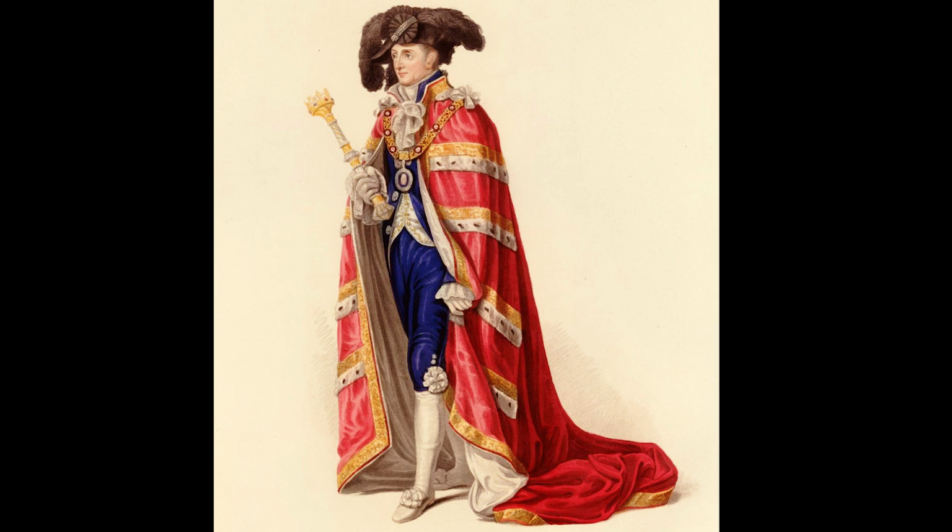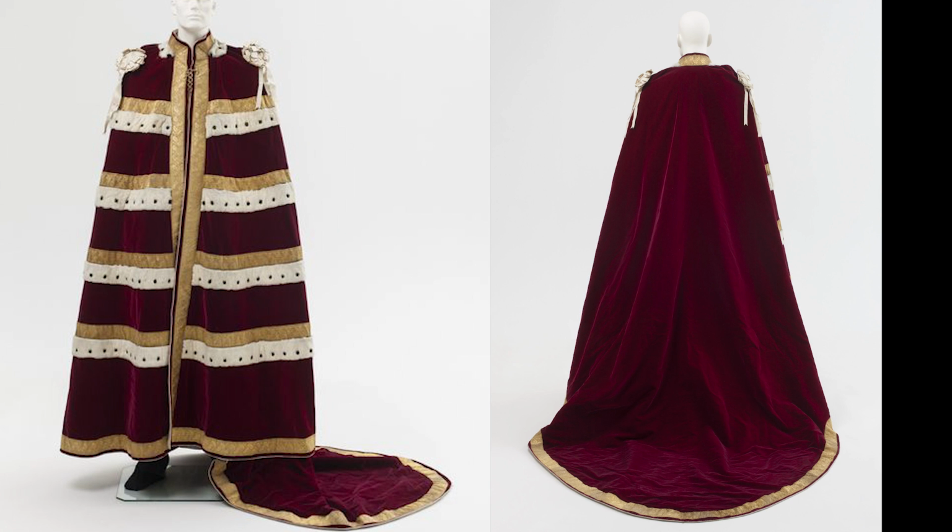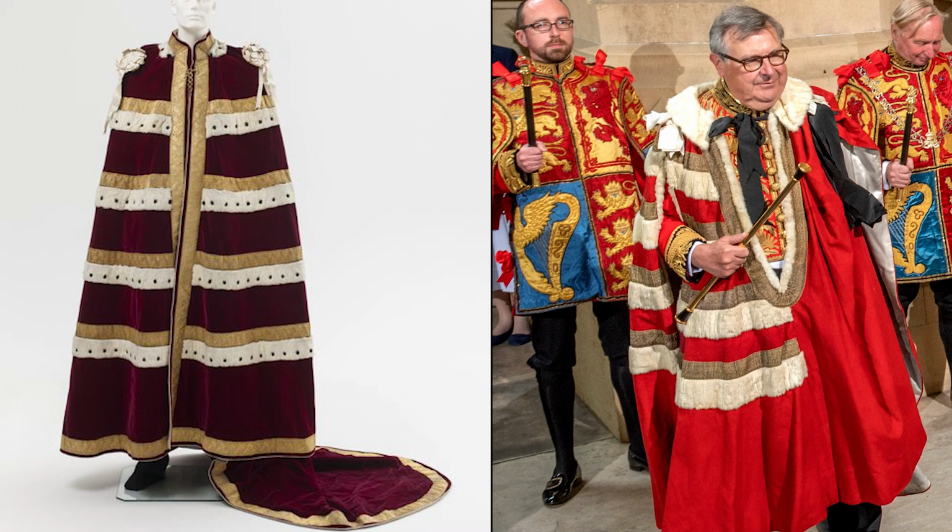Since at least the coronation of George IV in 1821, the Lord Mayor of London has worn a very distinctive and unique set of coronation robes that reflect his unique political status in England. The robe is made of dark red silk velvet, though I have seen it suggested that it is superfine wool, it may be, and it has a train at the back. On the front it is decorated with 4 bands of ermine and gold lace. Interestingly, the 4 bands of ermine and lace reflect almost the parliamentary robes of a duke, which have a similar arrangement on them. Of course, you don't see those ducal robes at the coronation.